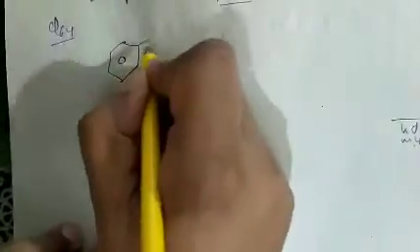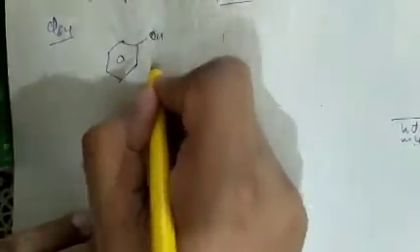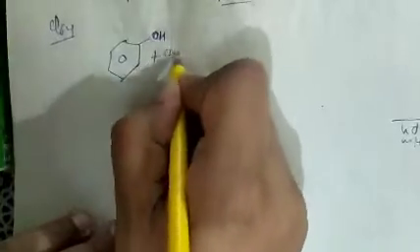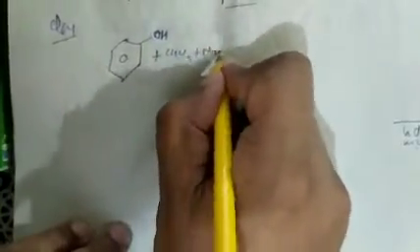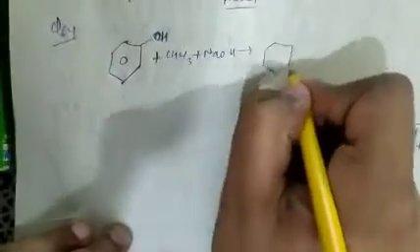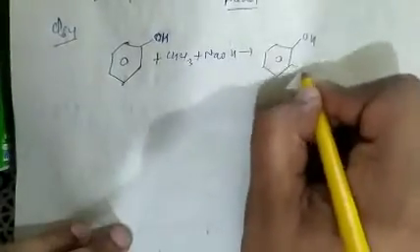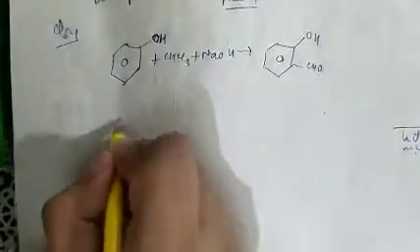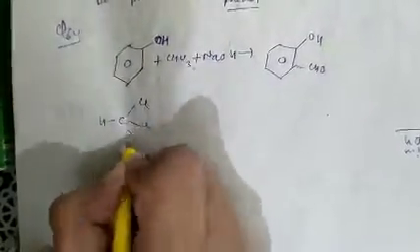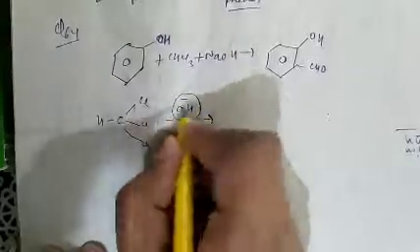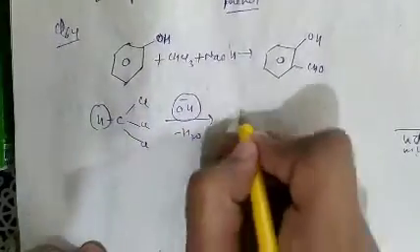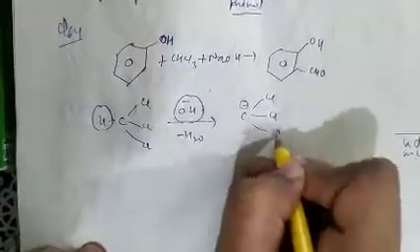See question number 64. In question number 64, what is given there? The question is the electrophile involved in the reaction. This reaction is basically phenol reacting with chloroform and NaOH, forming salicylaldehyde, that is OH-C6H4-CHO. As we know, chloroform is CHCl3. So OH minus will react with H and water will be removed. So it will form CCl3 negative.